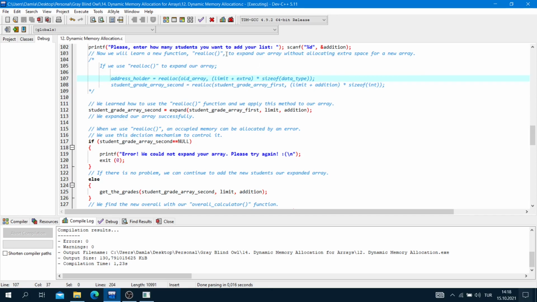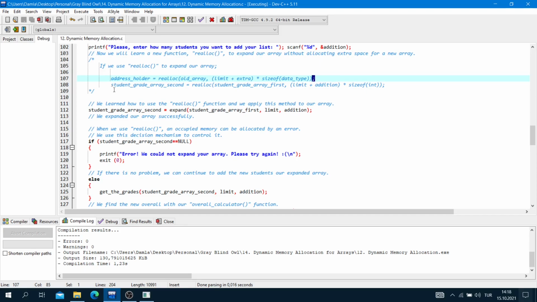And we put these addresses into here, student grade array second. Okay, that is why I define this address holder above. Okay, after that, limit plus extra students times size of data type and semicolon.